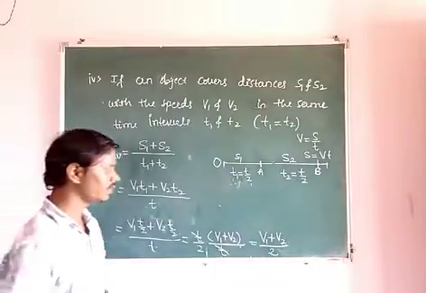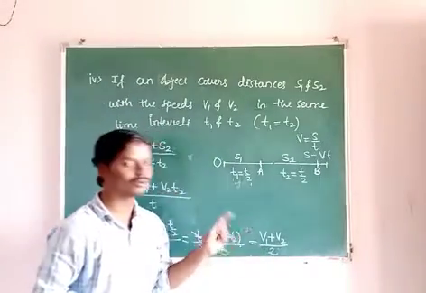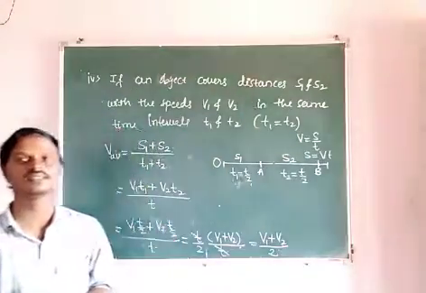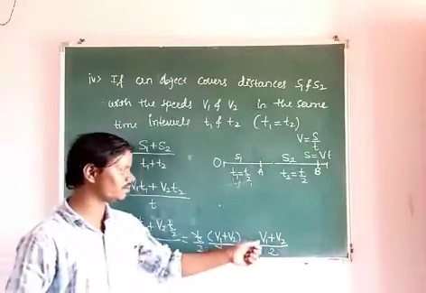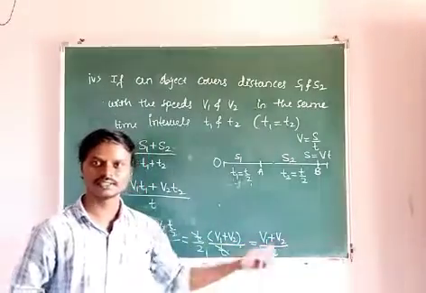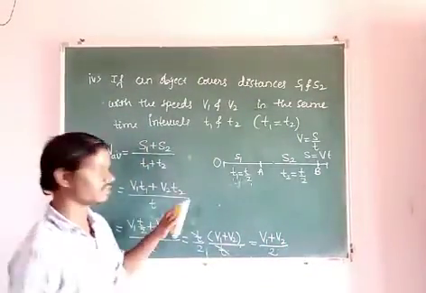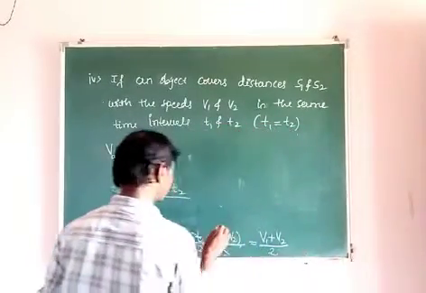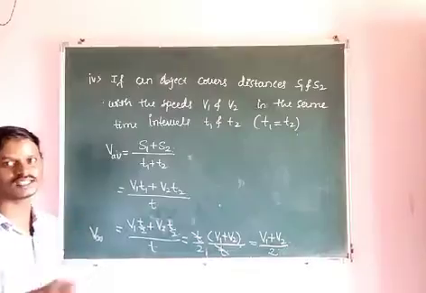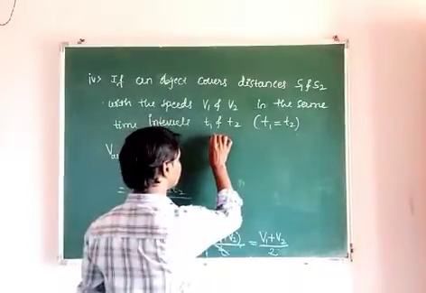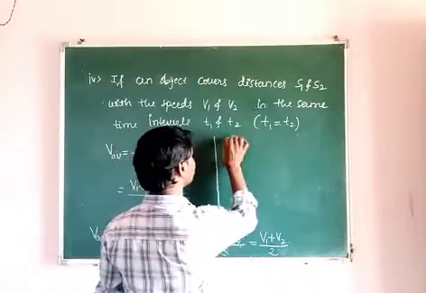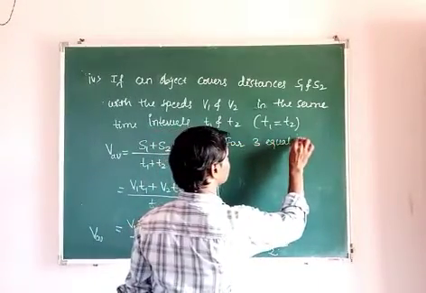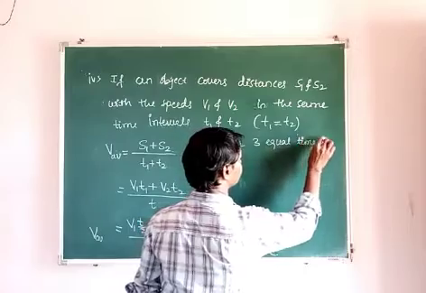So when are we going to use this average speed formula? Only when two equal times are given. If 3 equal times are given, then how to find the average speed of the object? That is V1 plus V2 plus V3 divided by 3, if 3 equal times. Next case. This is for if 2 equal times are there. Then next, if 3 equal times are there, for 3 equal times taken.